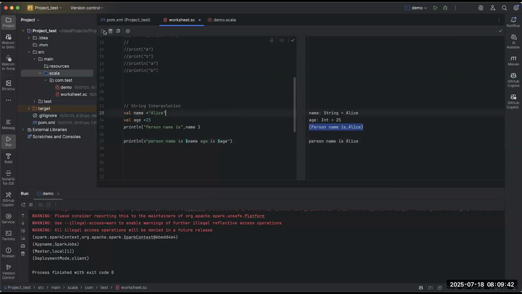Okay, if you write like this, it will print the age also. Here also you can write in this way. This is also a way to write it, but when you have a lot of things, it is difficult. It is easy to write. See here, this is easy to write.